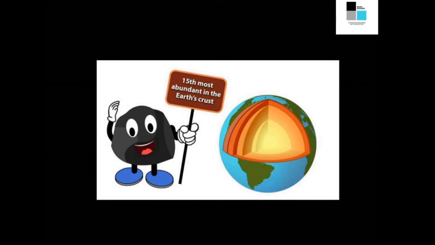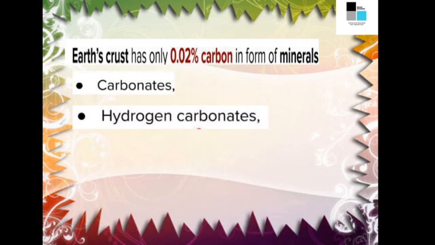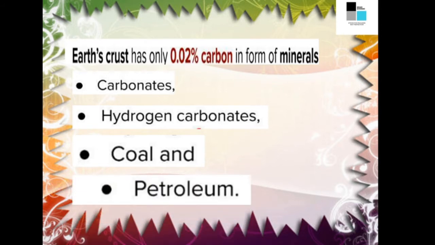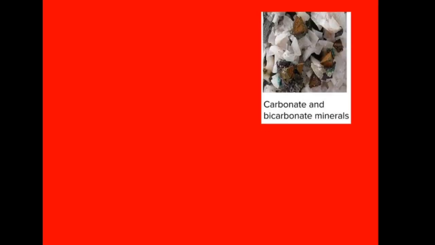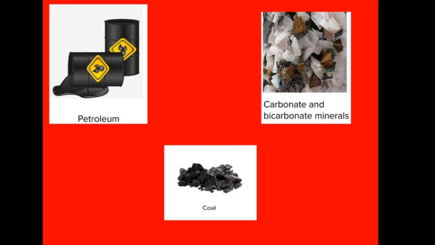And the earth crust has some amount of carbon which is there in the form of minerals. Earth crust has 0.02% of carbon which is there in the form of minerals, like carbonates, hydrogen carbonates, and coal, petroleum. These are some of the minerals of carbon. Let us see their pictures, like the carbonates, petroleum, coal. So these are some of the compounds made up of carbon, which is present in the earth crust